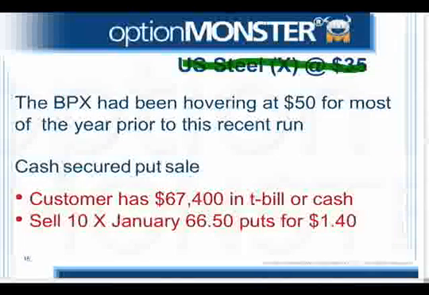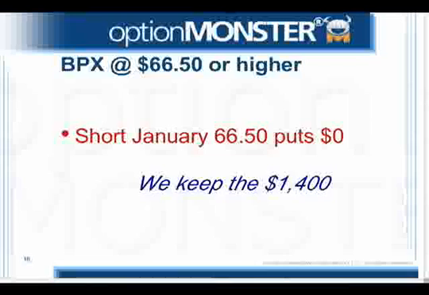So, of course, we're saying, just as in the previous slides, when the vol is high, as it is right now, and we're able to get $1.40 instead of say $1 or 90 cents or whatever it might be at that lower level, we're saying we think we've moved the odds into our favor, taking in that higher $1.40 premium against the stock that we're willing to own if it drops by about a point to 66.50. And at that slide beginning, it was 67.40.